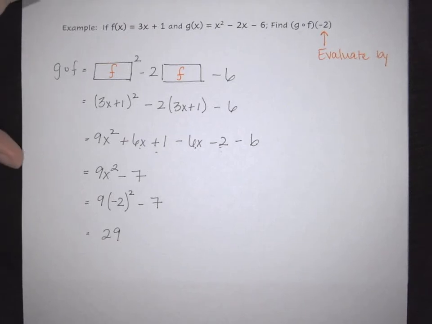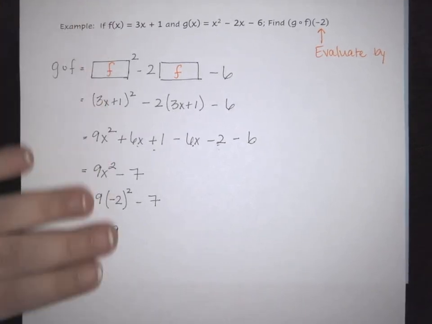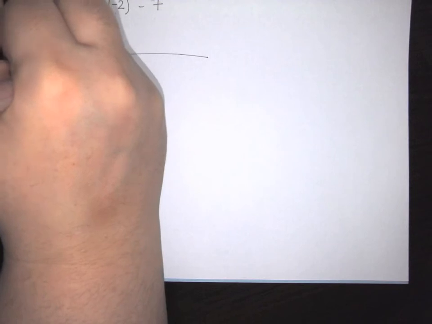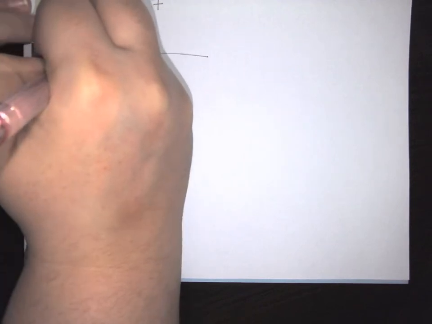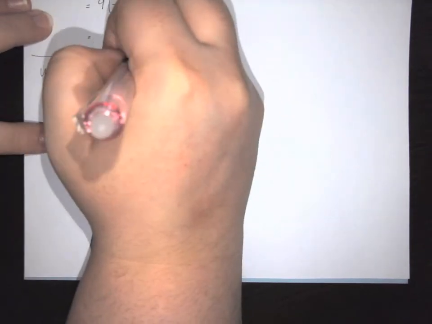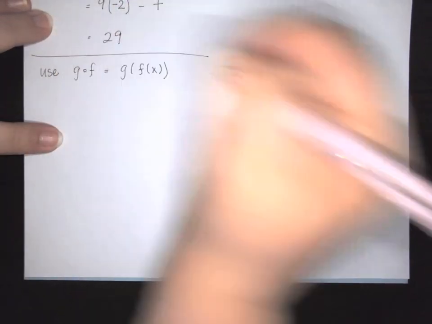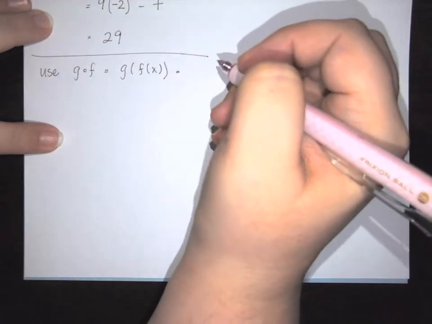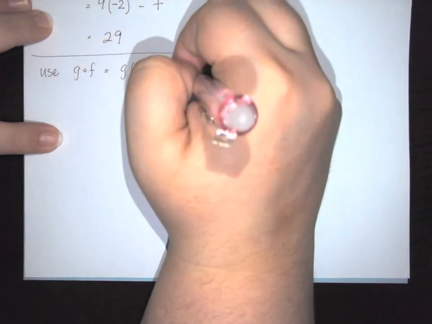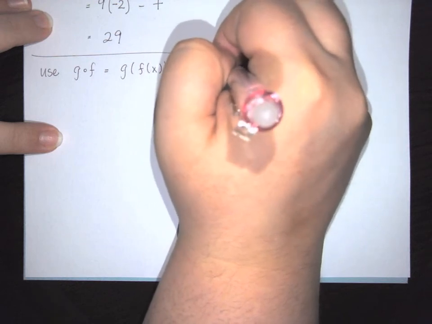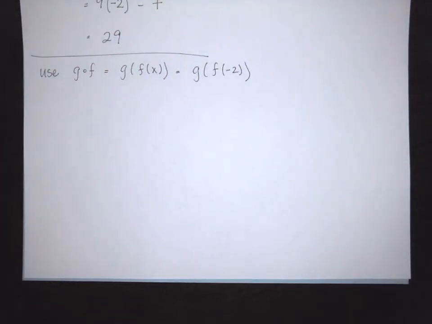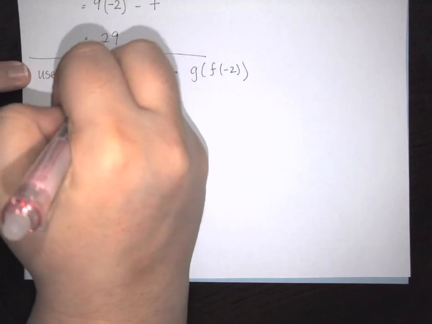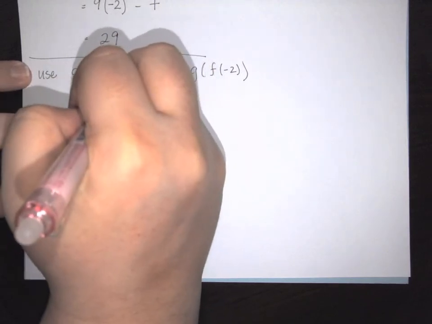Now, one other quick thing I wanted to point out is that this is only one way that you could solve this problem. The other way is by using the idea that g of f is the same as saying g of f of x, which in this case, because we're going to evaluate by negative 2, would be the same as saying g of f of negative 2. To do it this way, the first thing you have to do is evaluate